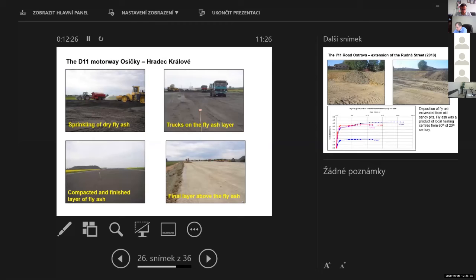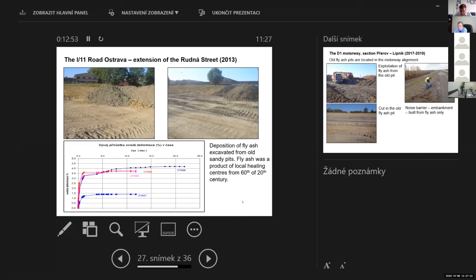The next layer of fly ash was spread, and the work continued to the end. It was necessary to sprinkle dry fly ash to protect the surrounding area from dust. The movement of trucks on the fly ash layer was without any problems. And the final layer of fly ash was compacted and finished, and over it the capping layer built from natural stone was constructed. There is also another project near Ostrava, where depositions of fly ash excavated from old sandy pits were located in